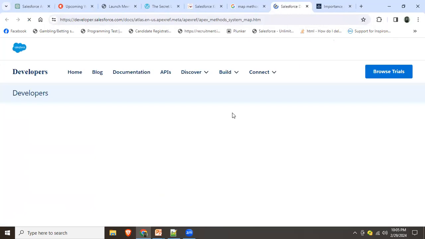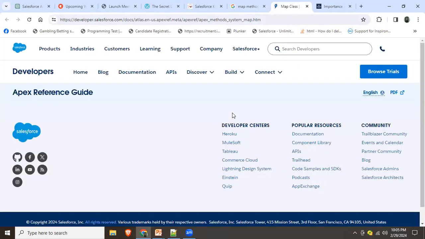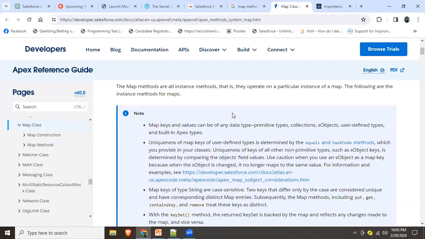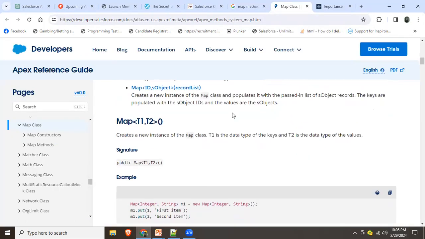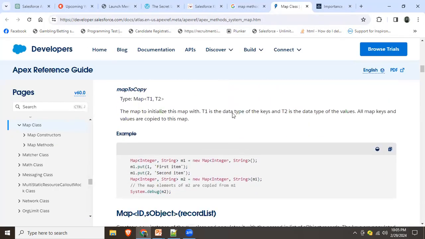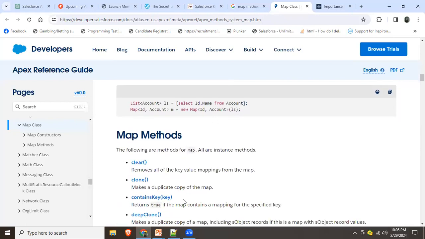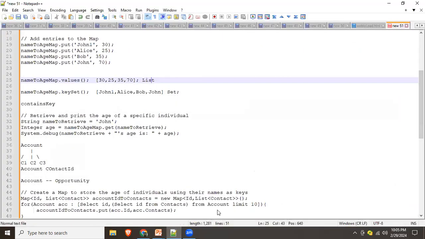Map dot size also you have, the method to count how many elements are there in the map. Then you can pass in the list as well. Like if you have